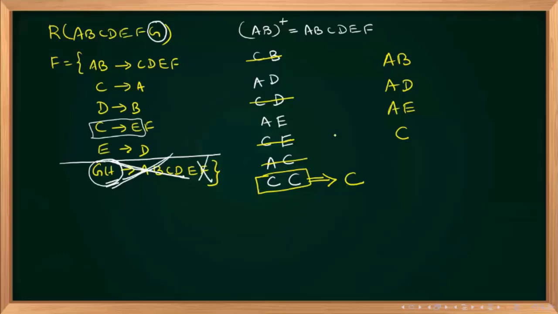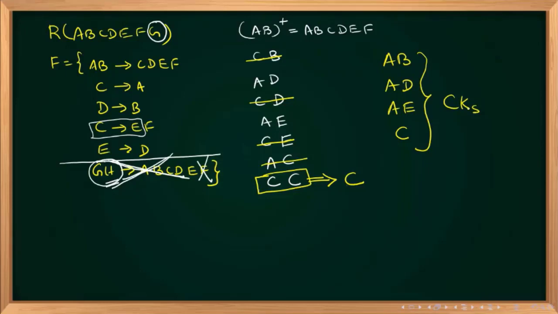Now you may be getting a doubt: how is it possible that 3 candidate keys have 2 attributes and 1 candidate key has only a single attribute? Naturally, the single attribute one will be the best, and that will be the primary key. No way, okay, that is up to the database designer. These all are candidate keys.